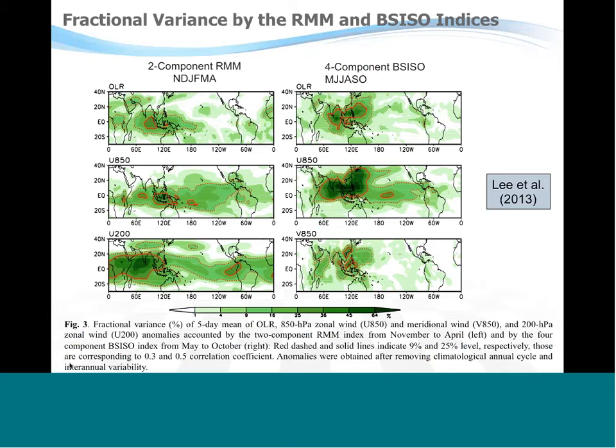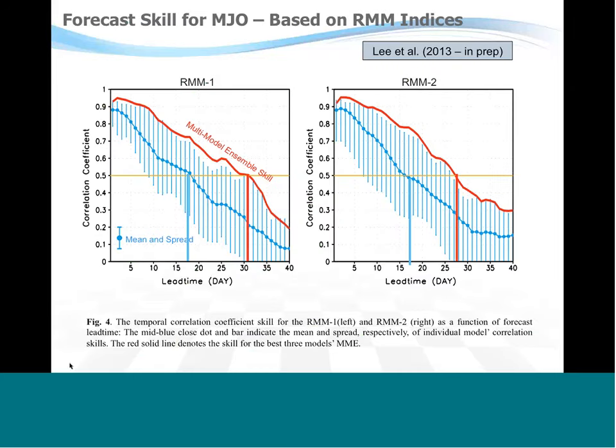And on the right side, it's showing the fractional variance accounted for by those 4-component BASISO modes in the summertime, and it's on the order of about the same amount. Going on to the next slide is actually